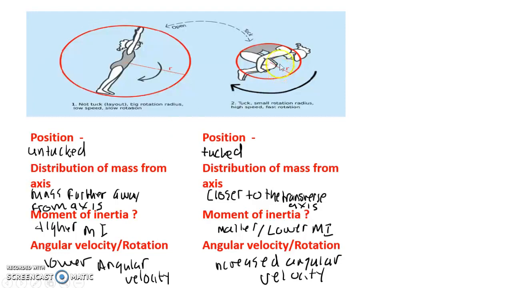On the flip side, if you see a gymnast doing a front somersault who's tucked, it's very different. Their position is tucked, which means the distribution of mass from the axis is now closer. There's a transverse axis there, and you look at the distance now, the distribution of the mass is closer to the transverse axis. This means there is a lower moment of inertia, and because there's a lower moment of inertia, there's less resistance to rotation, which means you can increase the angular velocity or